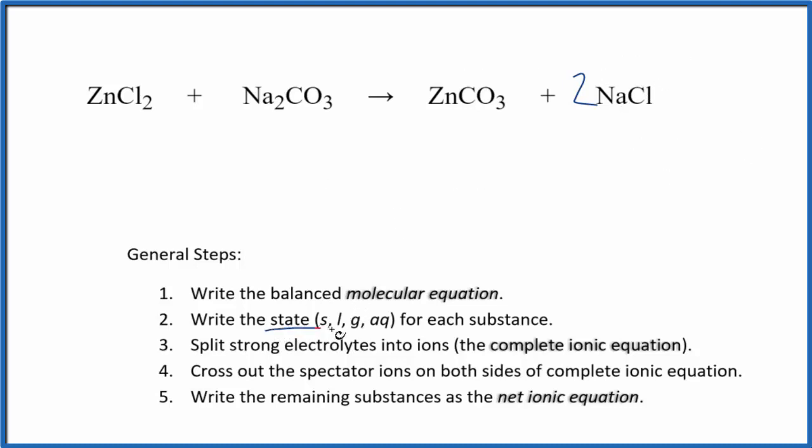Then we need to write the state for each substance. So zinc chloride, we're going to assume that both of these are going to be aqueous. They're both soluble, so they're both dissolved in water and they'll both split apart into their ions. Zinc carbonate, carbonates often aren't soluble. So we should either have memorized the solubility rules for this or we could just look them up on a